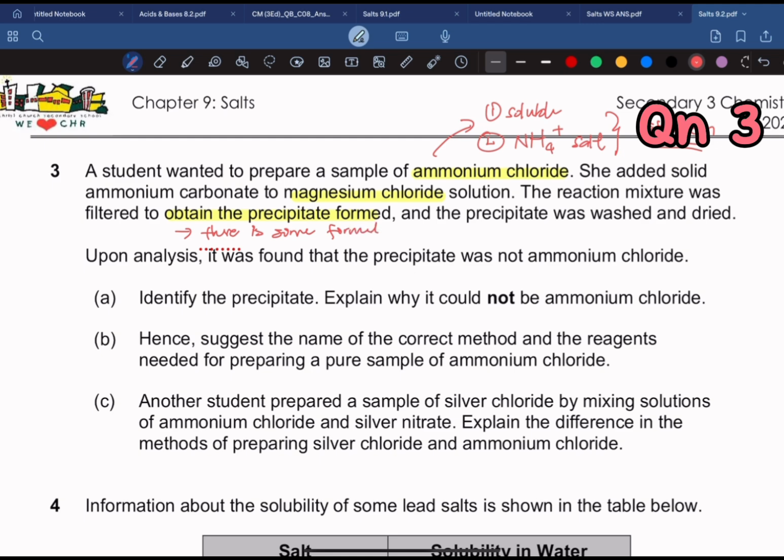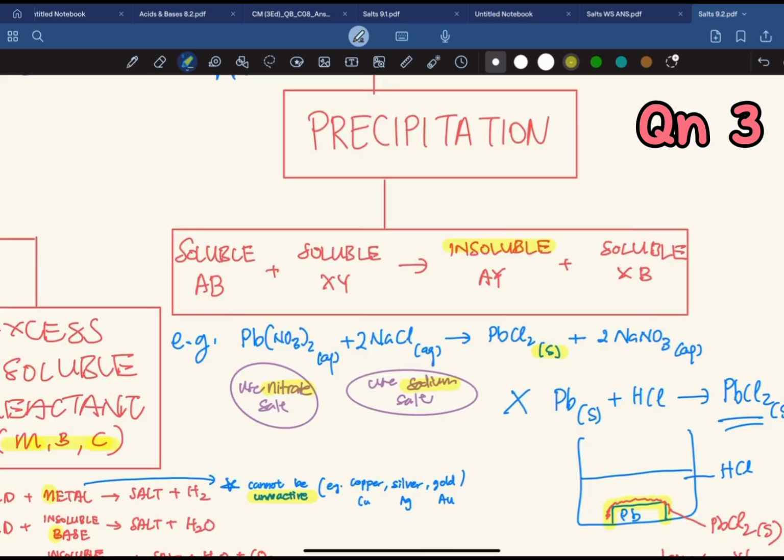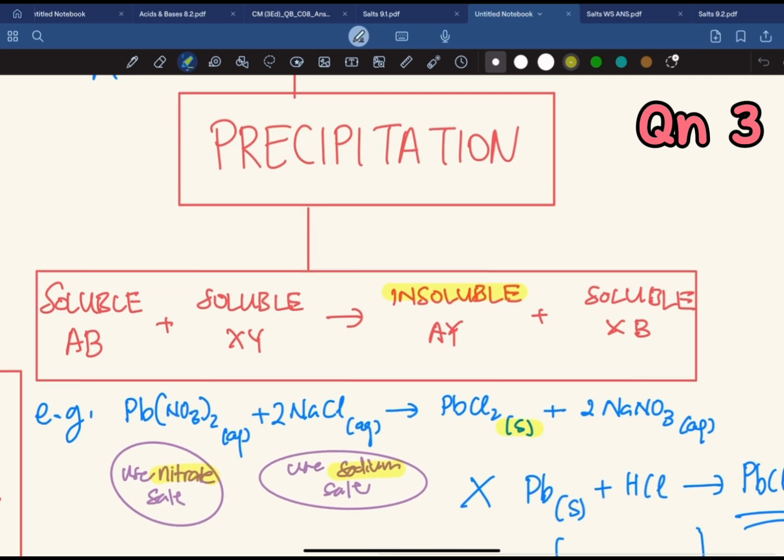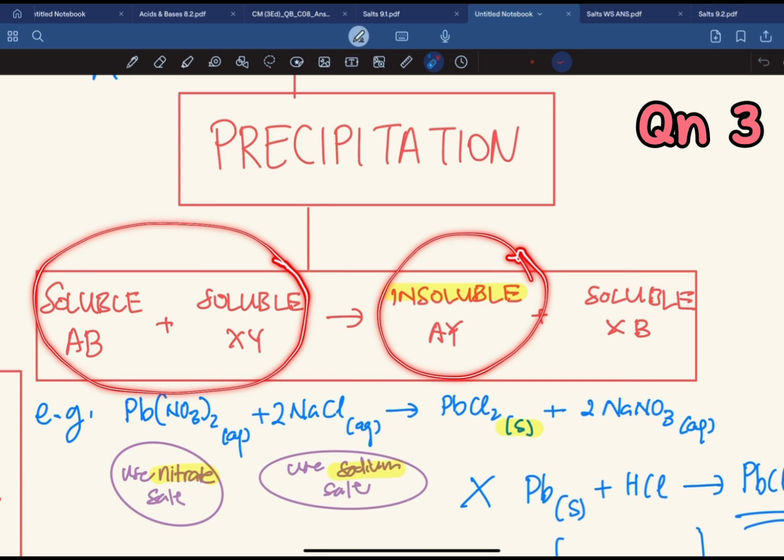Okay, so the question is, it cannot be ammonium chloride because it's a soluble salt. And so, obviously, the precipitate was not ammonium chloride. So in this case, if you are forming a precipitate, then obviously it will be the precipitation method. Okay, and the precipitation method says that you need to have two soluble reactants